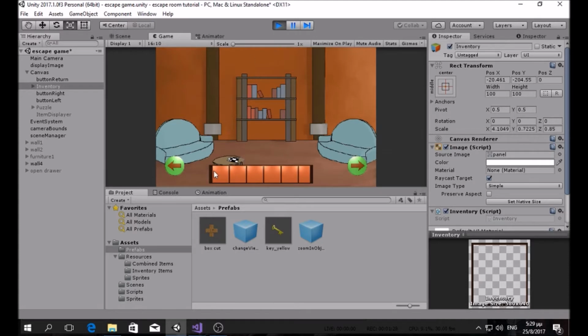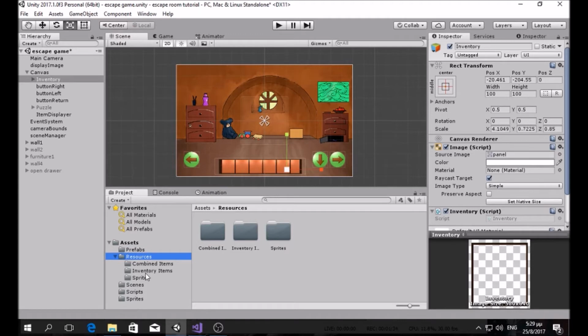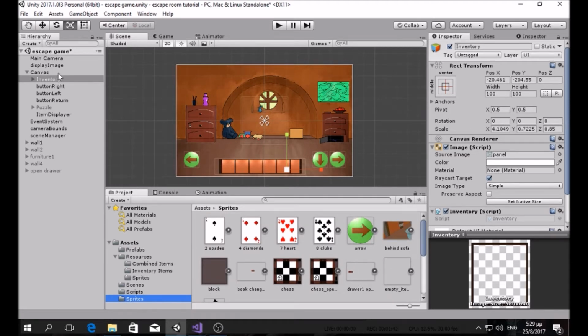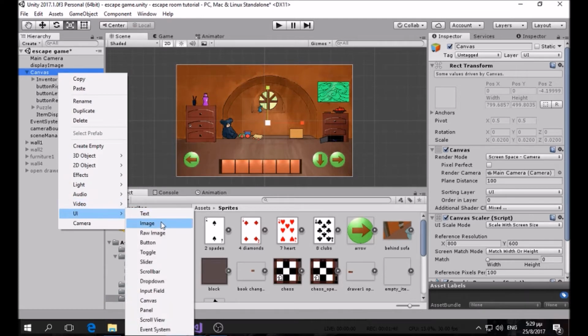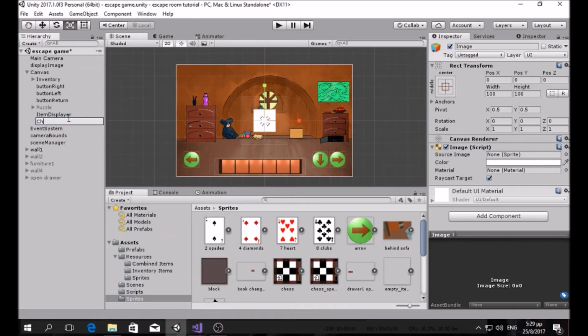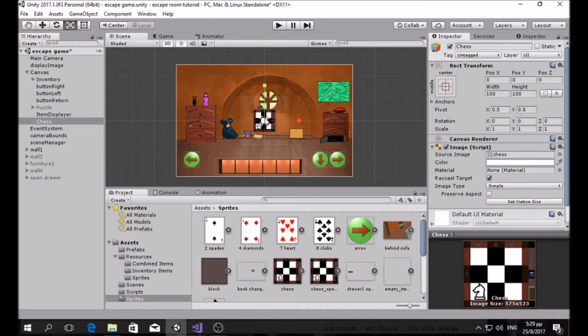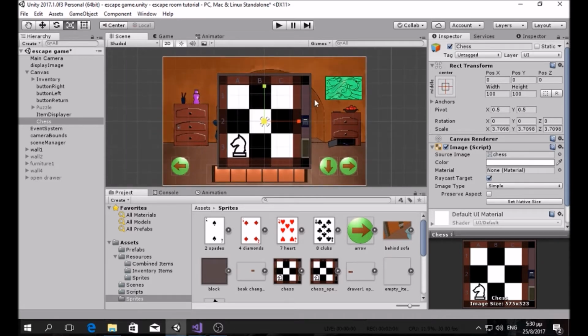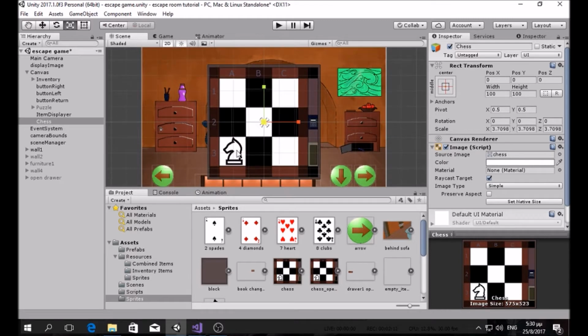It's the puzzle. It's a chest that contains a hidden item inside. So the way we're going to do this is by creating a UI image and calling it chest. Choosing the chest sprite, make it quite bigger, maybe like this, yeah, it's okay. And you see now that there is this horse, and to solve this puzzle you need to observe where the horse can move, and that is B1 and C2, and that is the password to open this little door and get the item. Okay, so